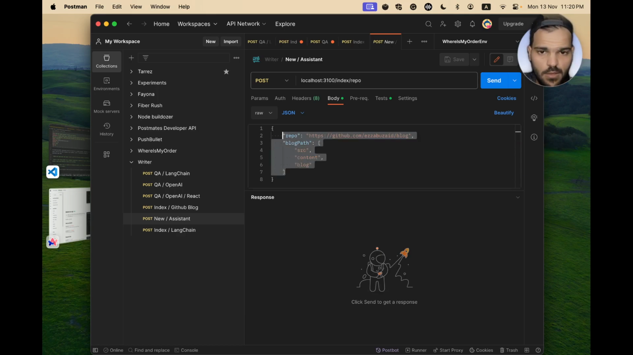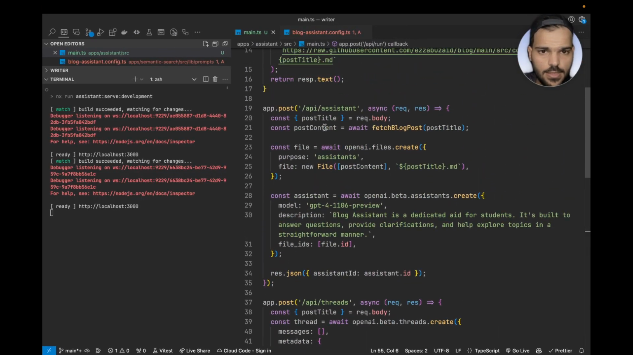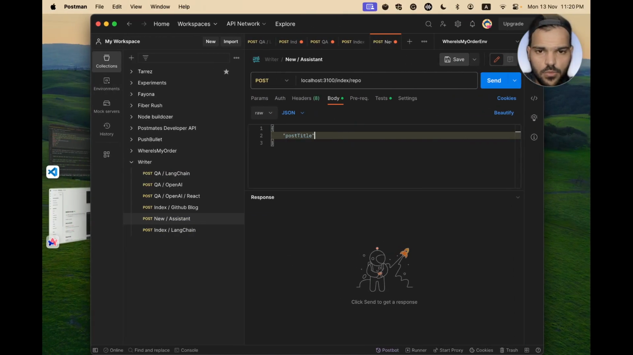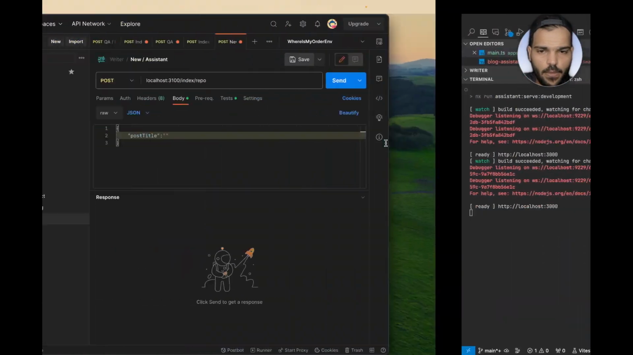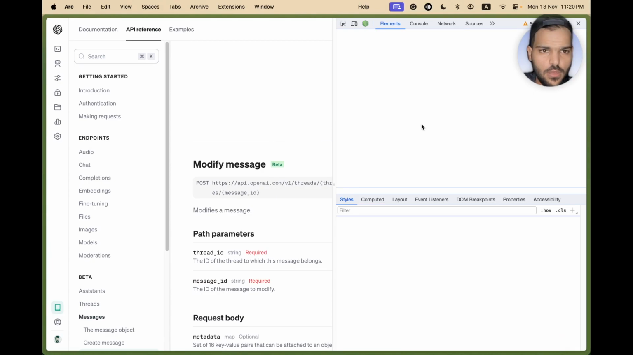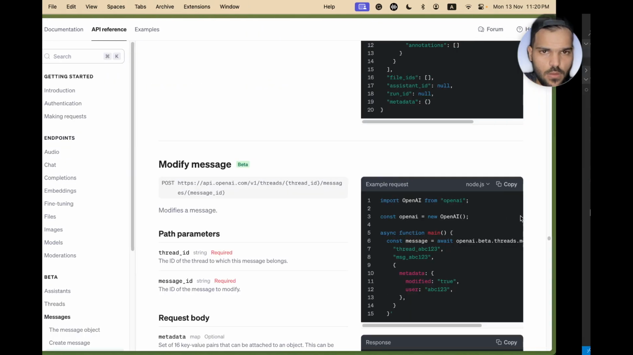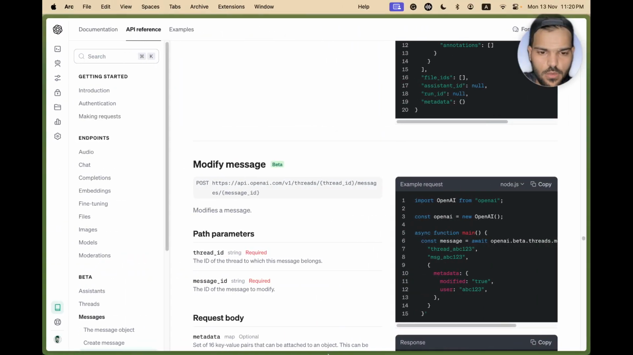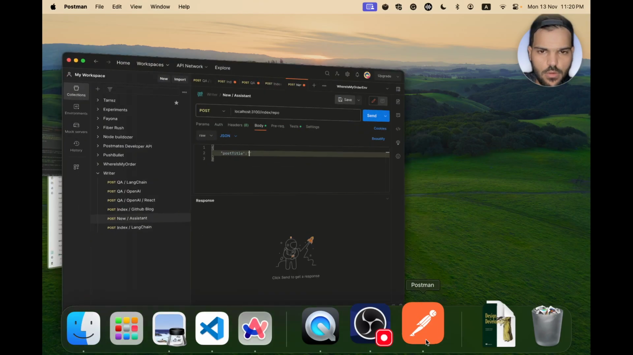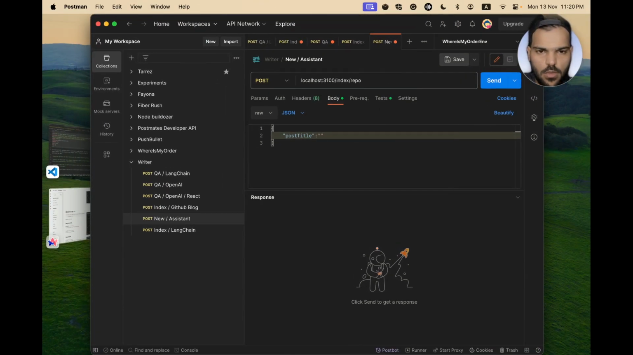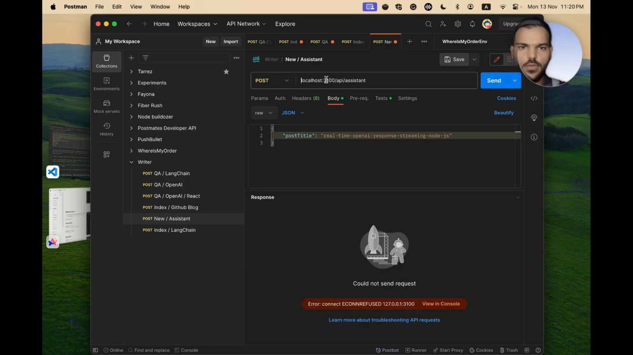Okay, so we will have post title, right? Assistant will have post title only. So I'll just use post title, and the post title I'll use will be this one over here. Okay, and this Postman. Come on, Postman. Okay, this will be API slash assistant,